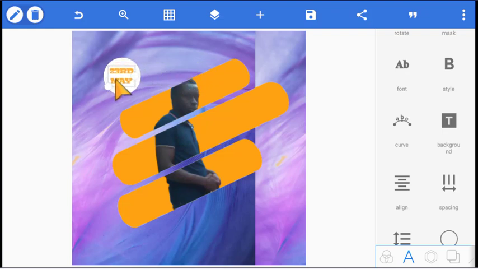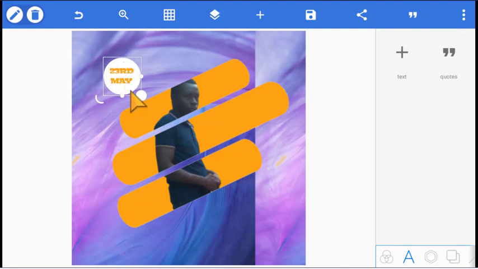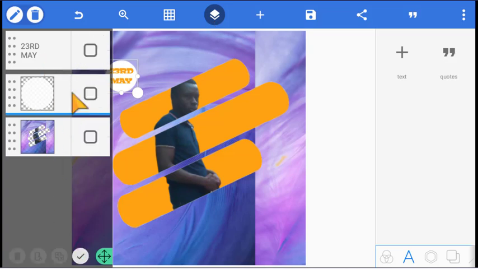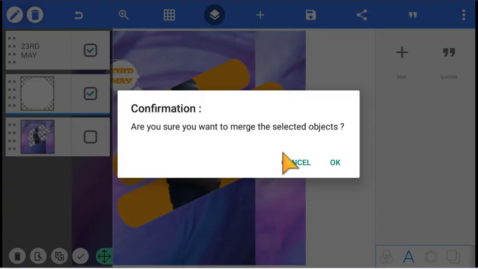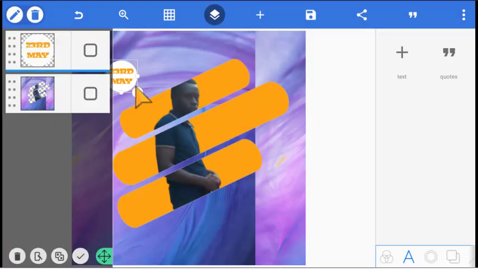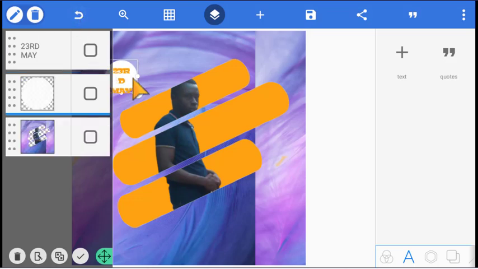Okay, so let's reduce the circle a bit. Good. So with this, we can now merge those two layers, so that we can scale them, or better still, let's undo that, and